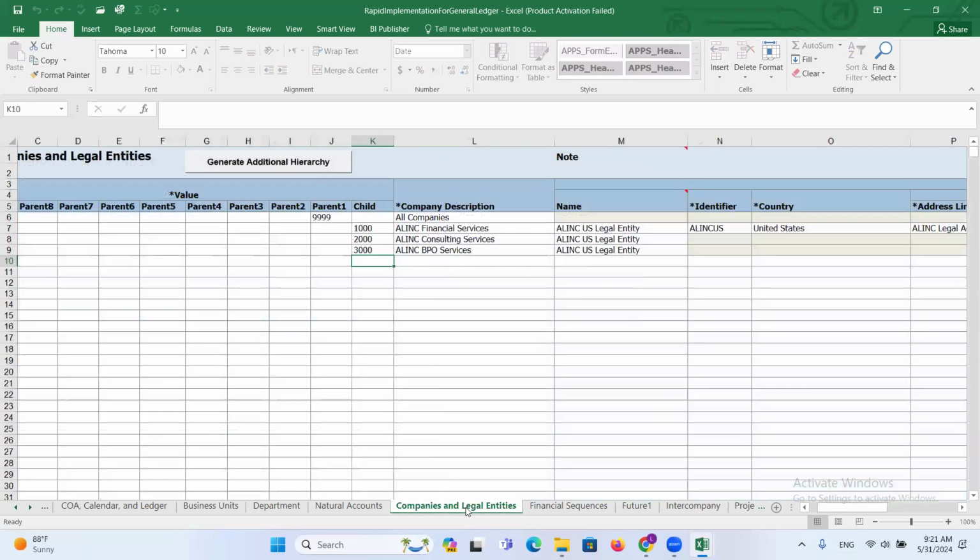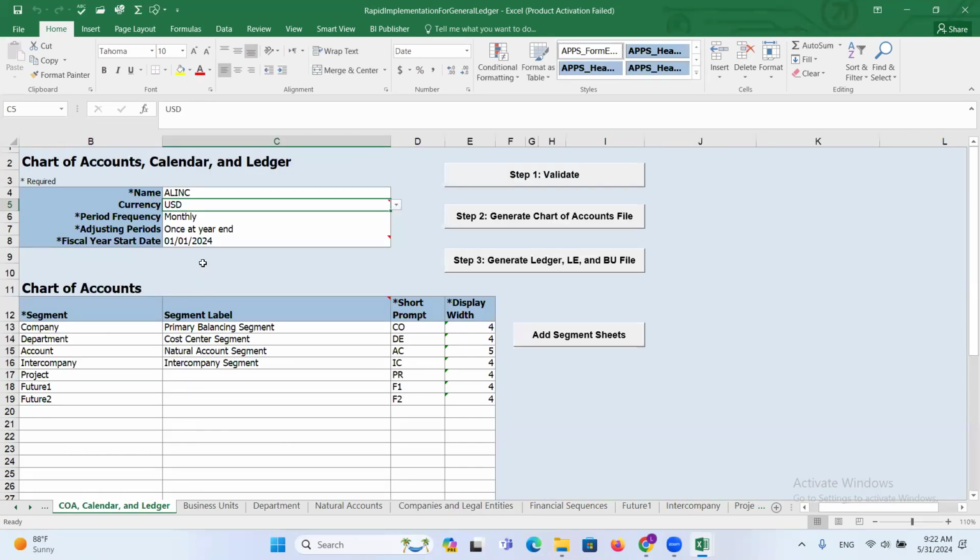Here you will list out all your companies. India companies also will list out. India legal entities also will provide. Now what the system will do is it will understand for all these companies that your chart of accounts and calendar are